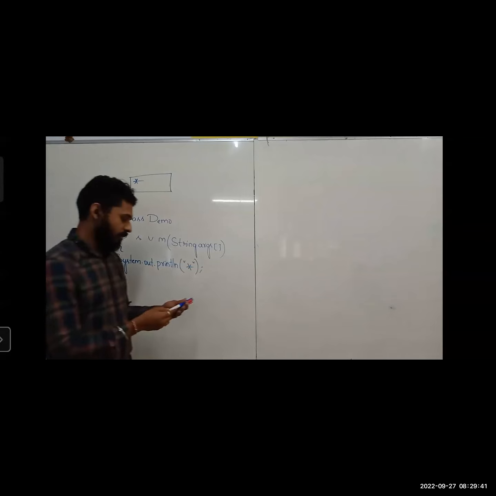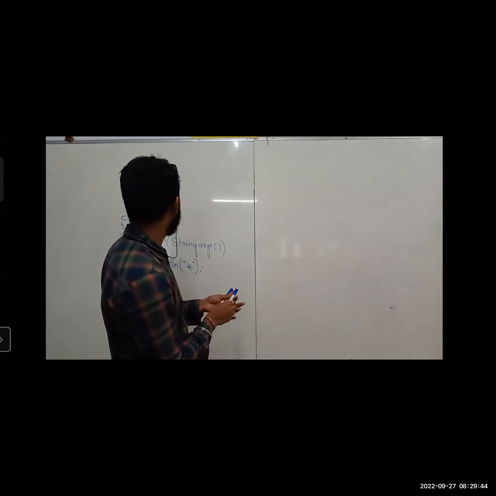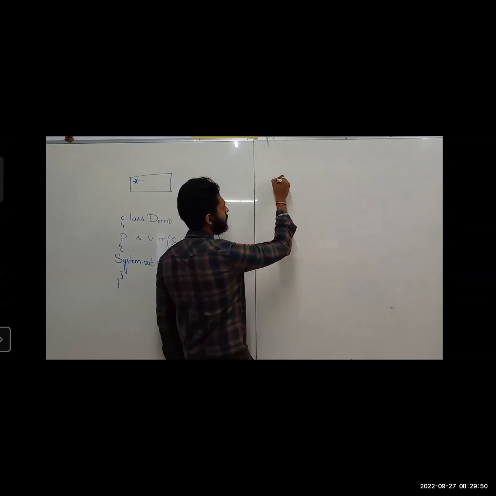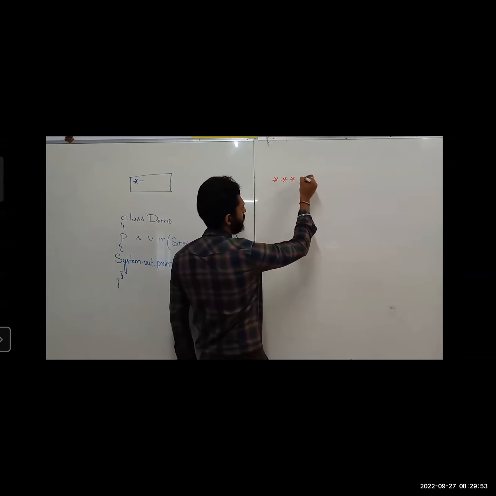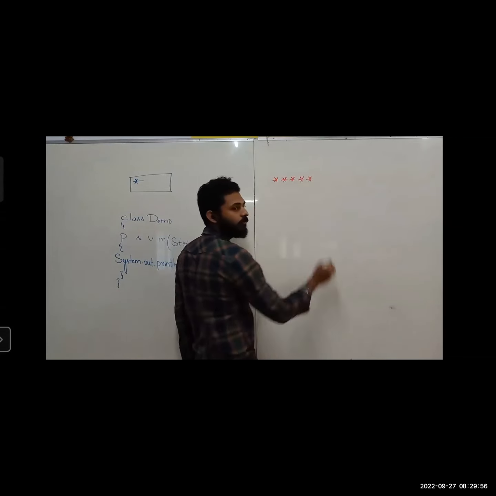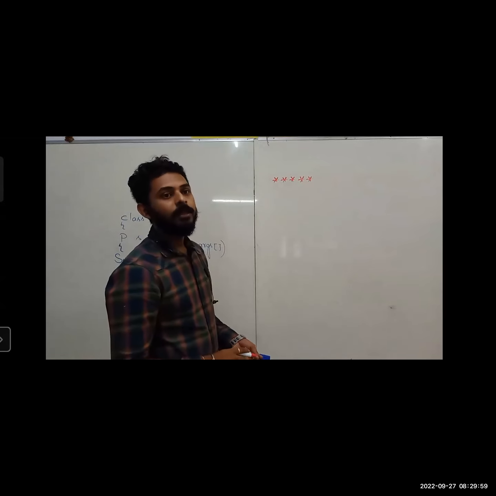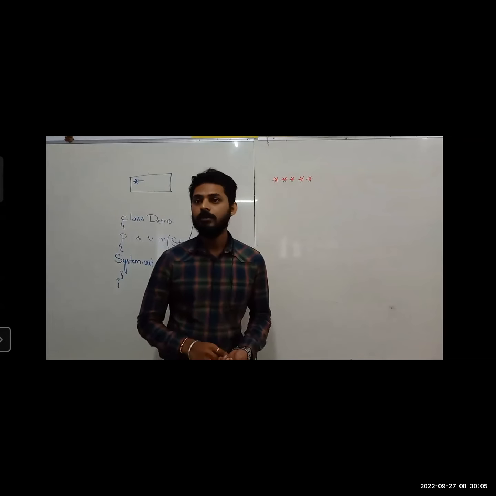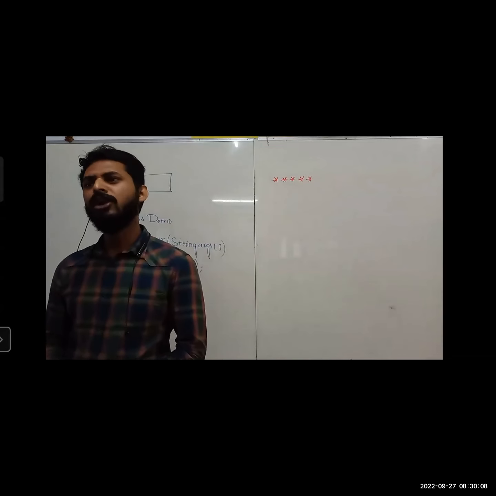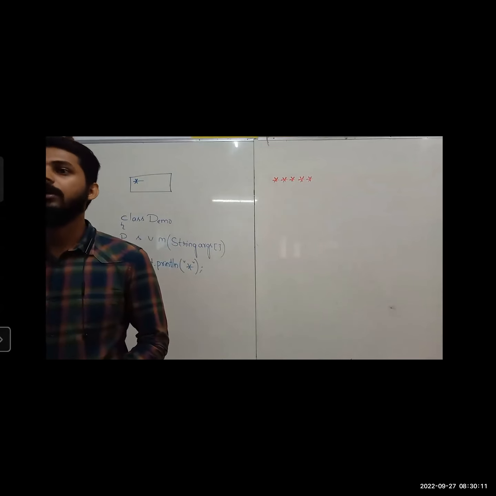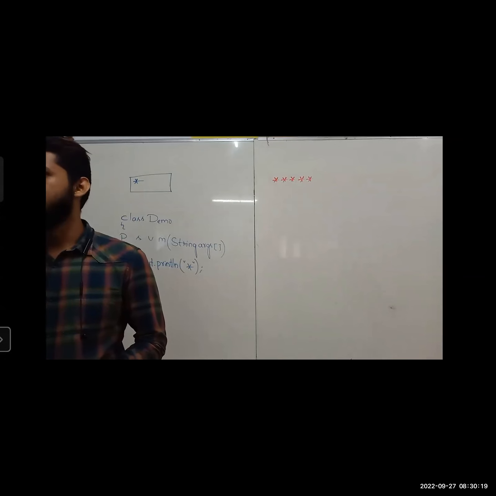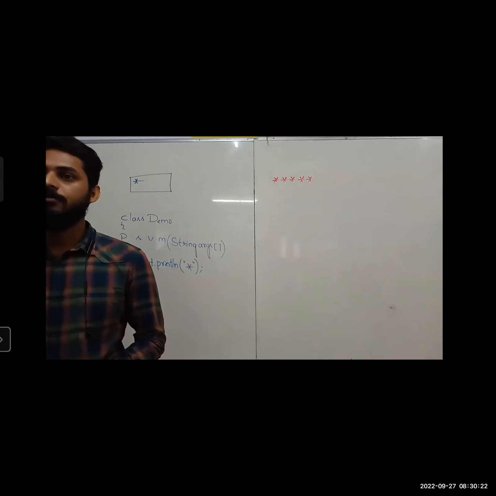Now, assume that I want to get the output. My expectation is that I want the output like this, without space. Two ways are there, not two ways, multiple ways are there. Of course, I may teach something that you already know, which I might have taught in data structures, but still I'll teach it here because it is important.